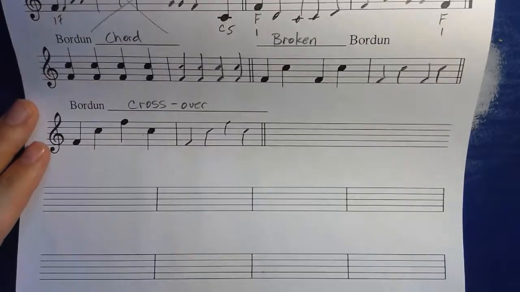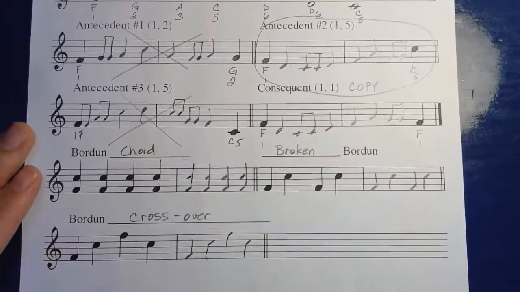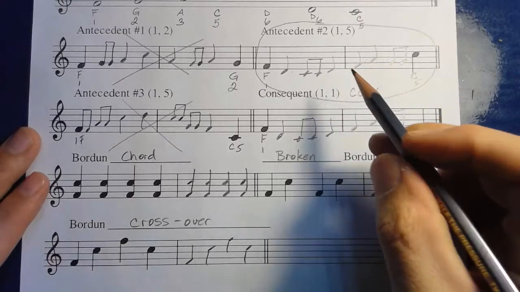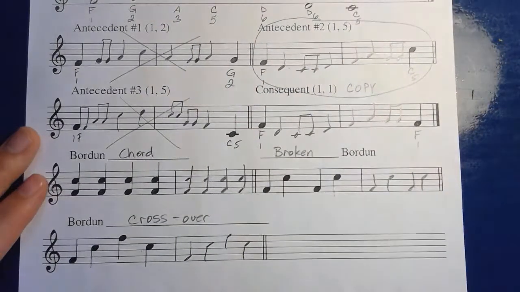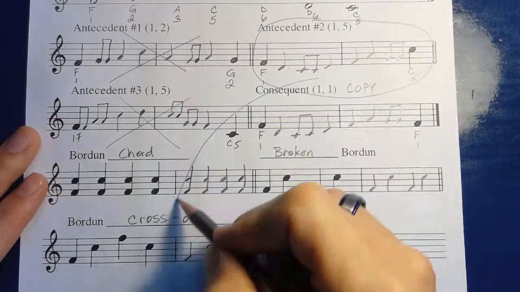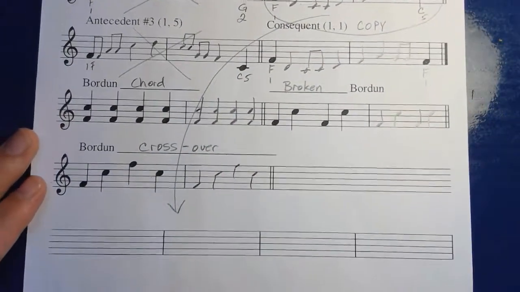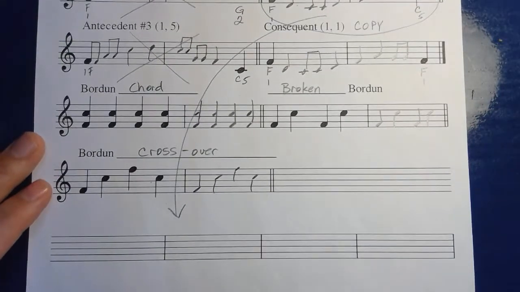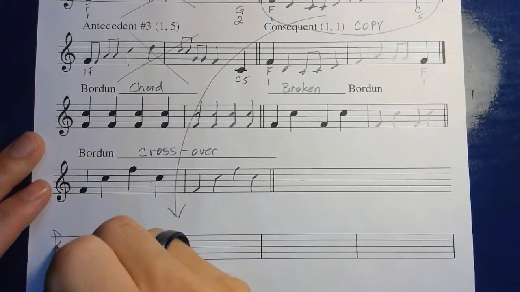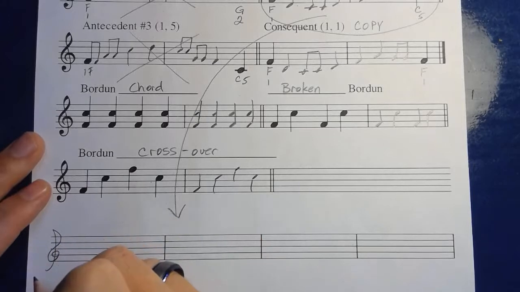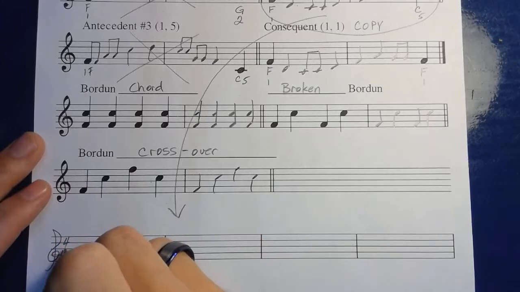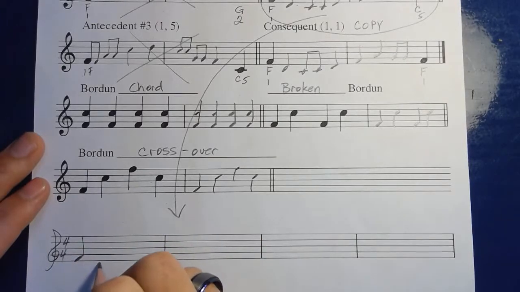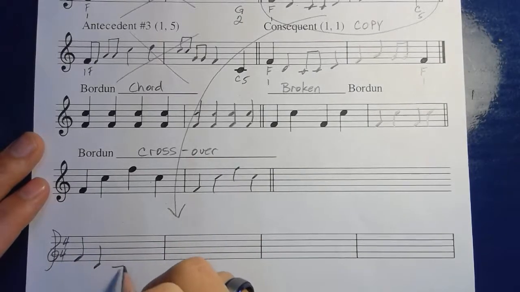Now, for the very last part of our composition, I'm going to back up a little bit, we're going to need, for the bottom part, to write out antecedent 1 and consequent phrase, or antecedent 2, I'm sorry. We're using number 2. I'm going to take this and copy it down to those two measures. So I'm not doing anything new, I'm just going to copy the music. I'm going to write my treble clef, I'm going to write my 4/4 time signature, and I'm going to copy down the notes that I wrote out up there,